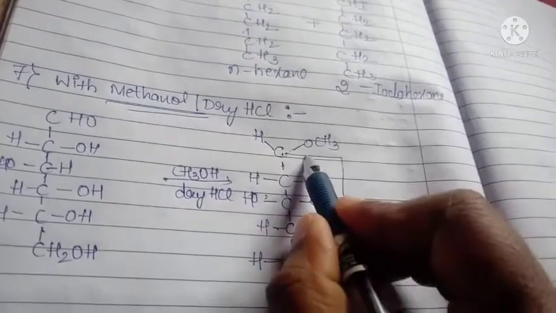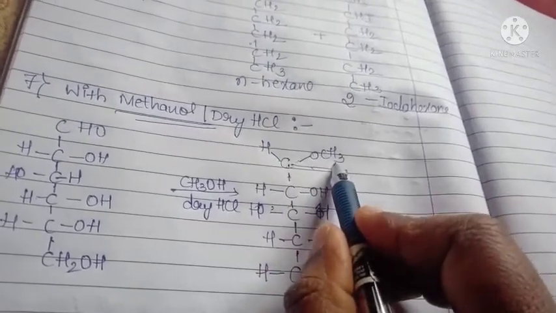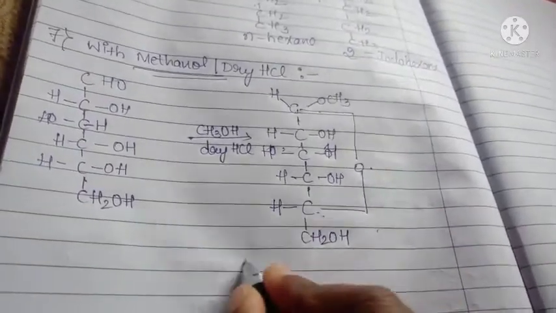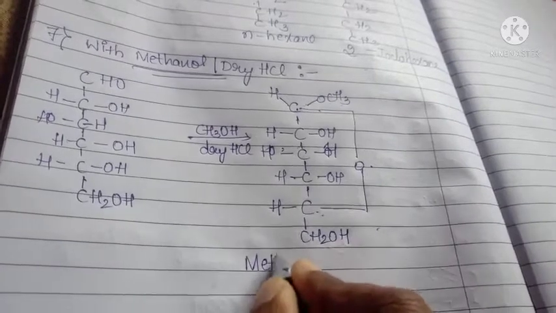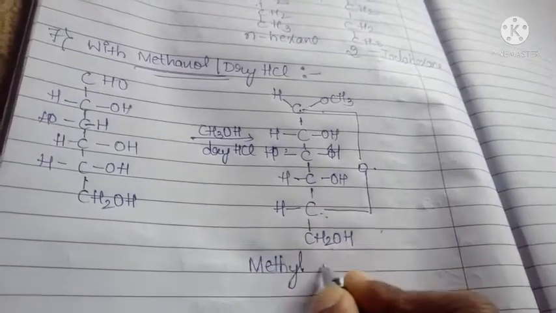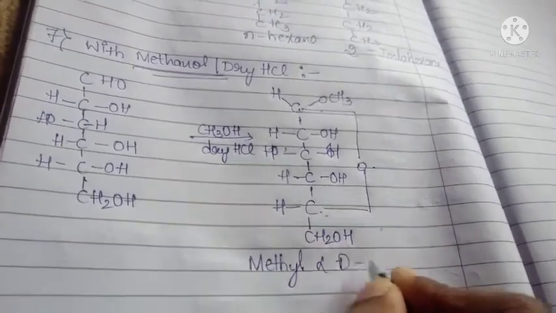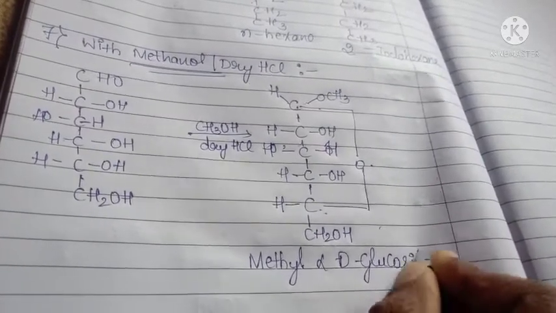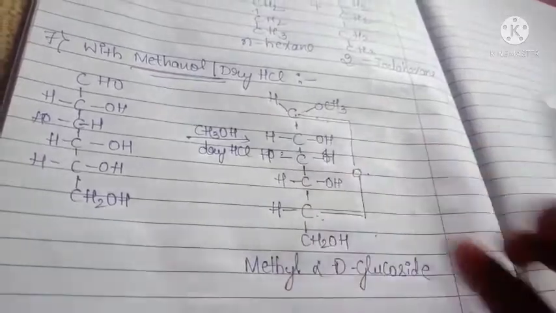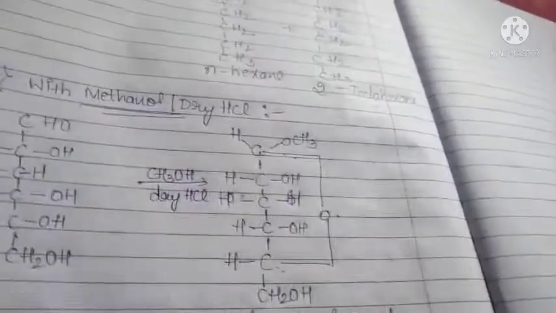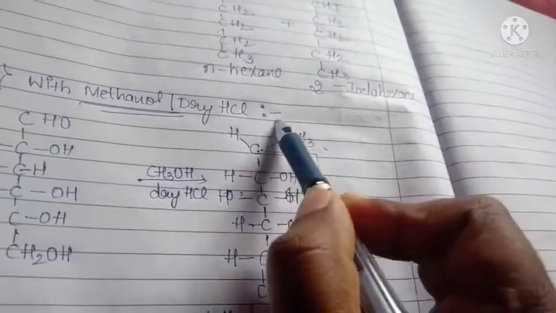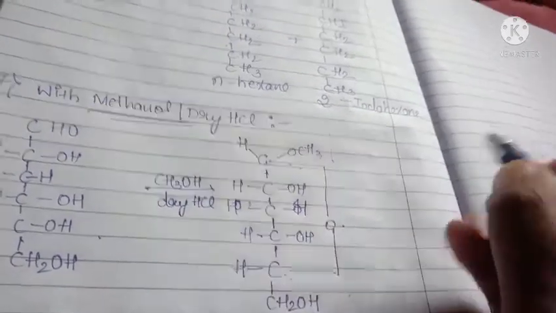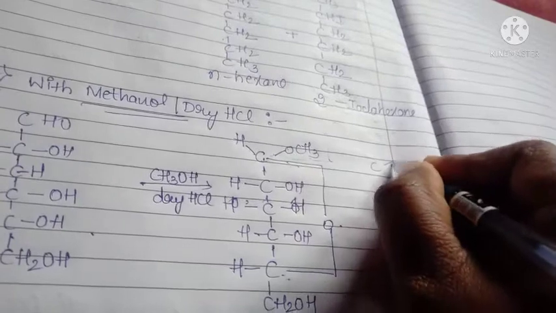Here OCH3 should be present on the right side, so it is called alpha. CH3 means methyl group, methyl alpha D glucoside. Okay, if OCH3 is on the right side, so it is alpha. If this OCH3 is present on the left side, it means